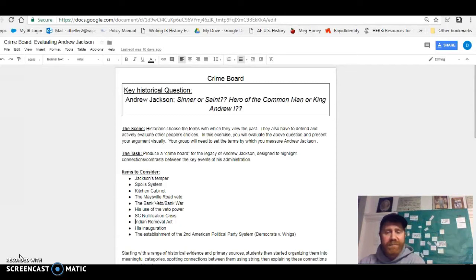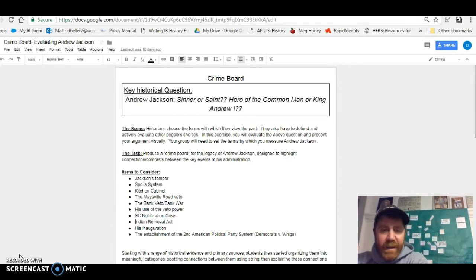You don't have to explain it. You can literally just write out 1 through 10, make 3 rows, right? 1 through 10, 11 through 20, 21 through 30, and you need to write out items that you would use, factual evidence that you would use in an essay dealing with Andrew Jackson and this question.